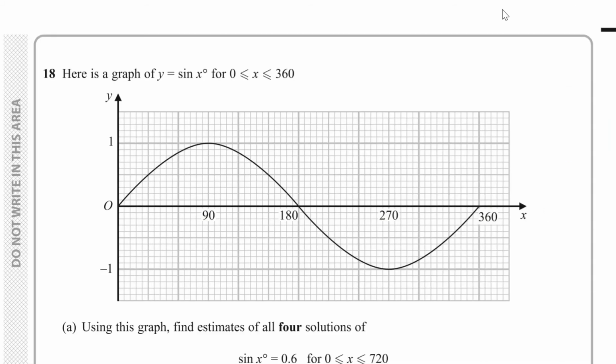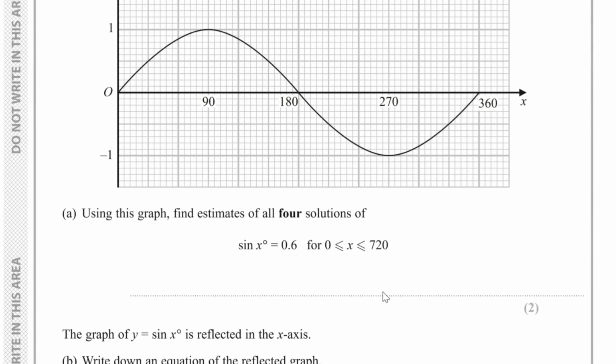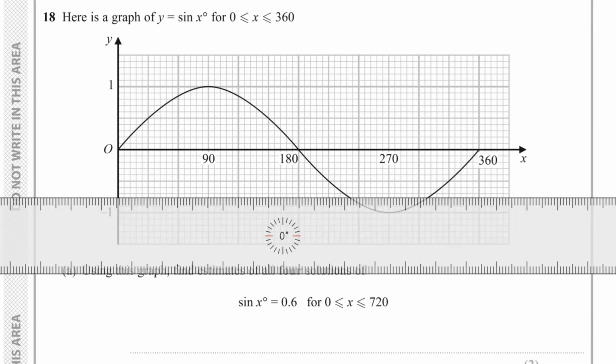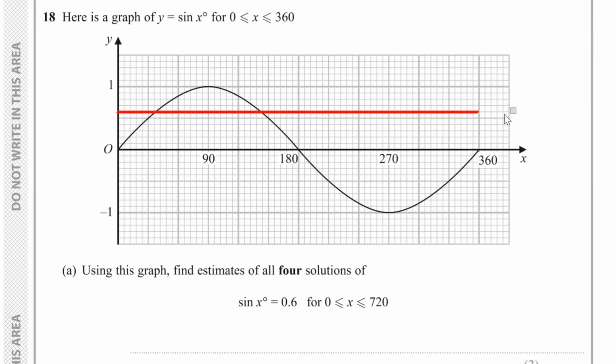Here is a graph of y equals sin x for x being in between 0 and 360. For part A, using this graph, we have to find estimates for all 4 solutions of the equation sin x equals 0.6, where x is in between 0 and 720. Well, if I draw a horizontal line from 0.6, as we see here, so this is y equals 0.6,